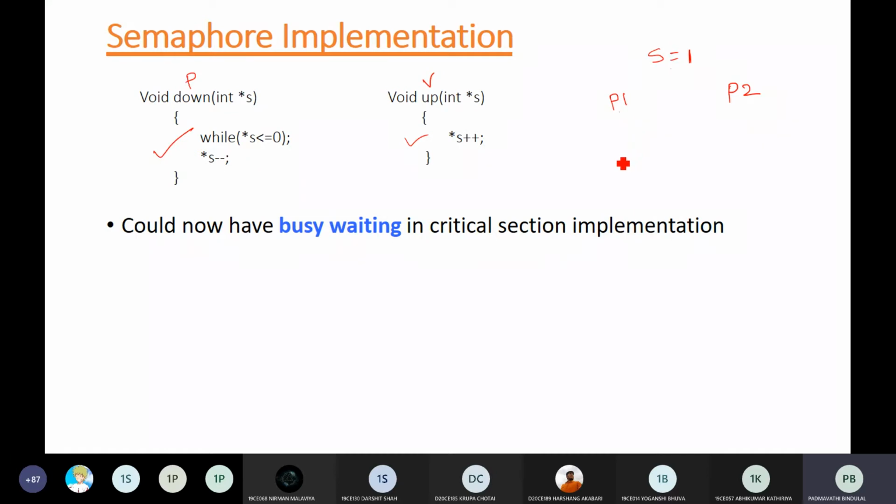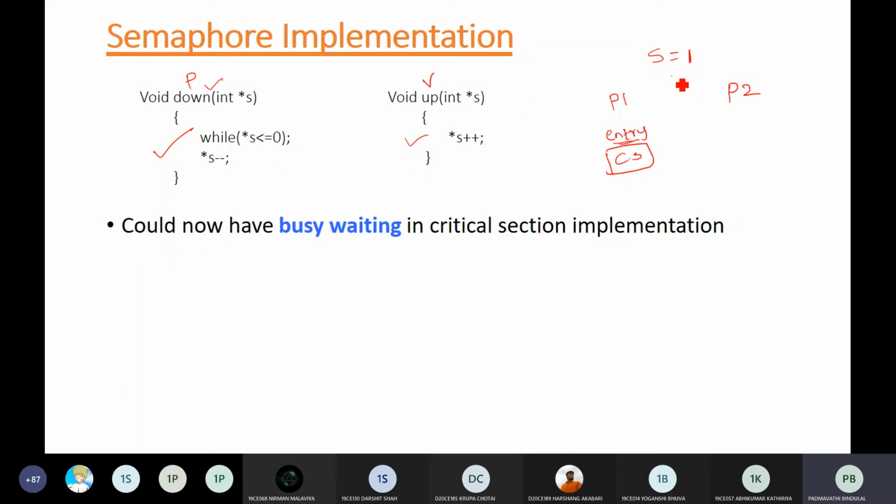So P1 is executing first, that means before going into the critical section, it has to execute something in the entry section. I have told you, in the entry section always which code will be executed? Down. In the down code, we are checking whether the value of semaphore is less than or equal to 0 or not.